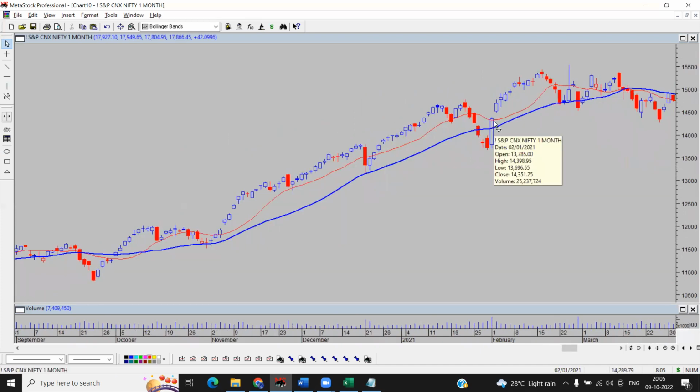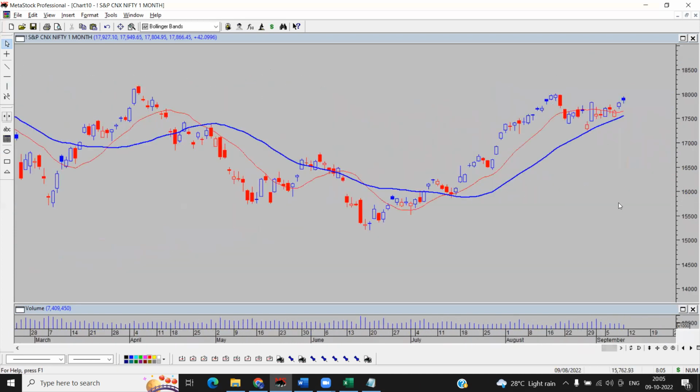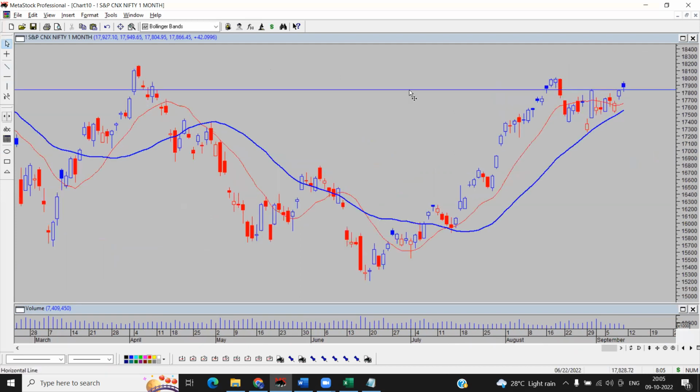Just watch here. This is one of the ideal scenarios which I'm talking about. You can expect some fast move on the upside if this type of U-turn comes up. Obviously, by any means, you need to keep a stop loss. So I would take it this way, that the previous breakout level was this one.